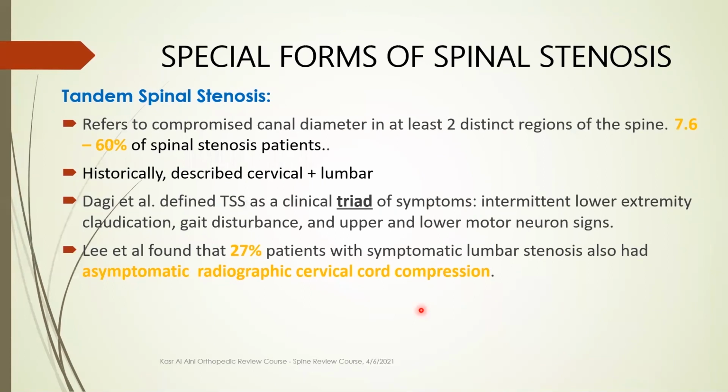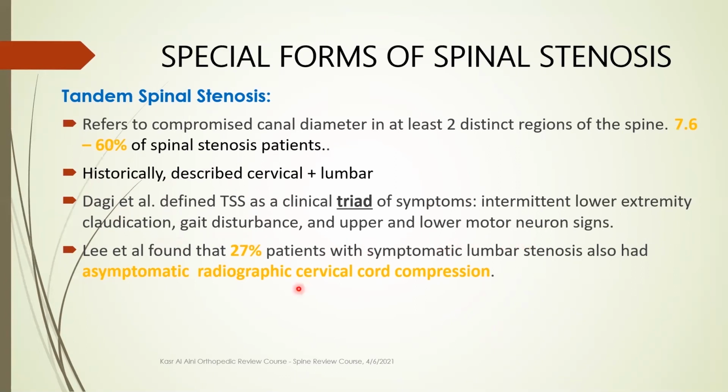One more form is the tandem spinal stenosis. It refers to compromised canal diameter in at least 2 distinct regions of the spine. It occurs in 7.6 up to 60% of spinal stenosis according to literature. Historically, it was described as cervical plus lumbar stenosis. Daggy et al. defined it as the clinical triad of intermittent lower extremity claudication, gait disturbance, and upper and lower motor